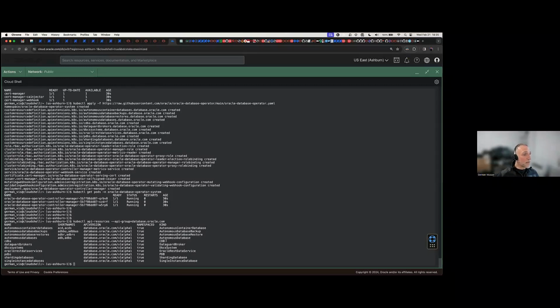We can deal with CDBs, data guard brokers, DBCS system, Oracle REST data service, PDBs, sharding database, and single instance databases, right? So we have just extended the Kubernetes cluster with all of these OraOperator resources.